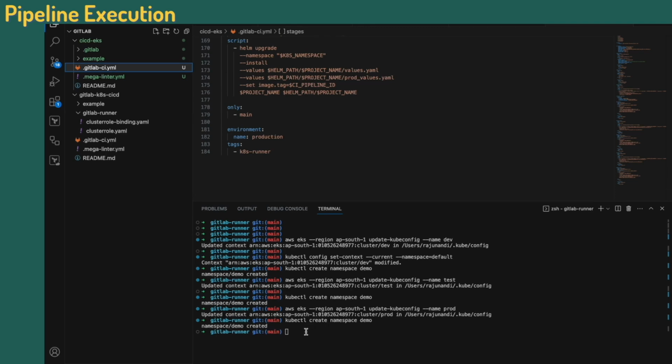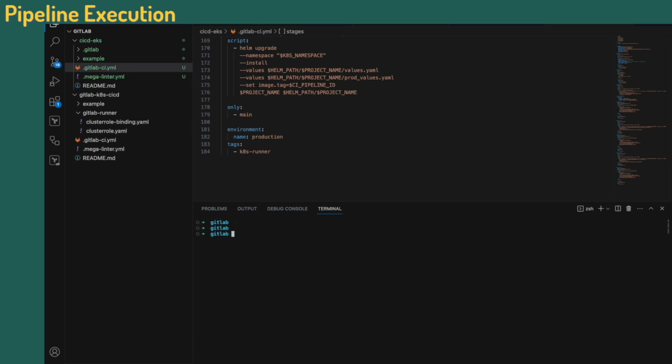Now let me get inside the repository on my terminal and add the files to Git and push it to GitLab. So cd CICD EKS, git add, git commit -m,